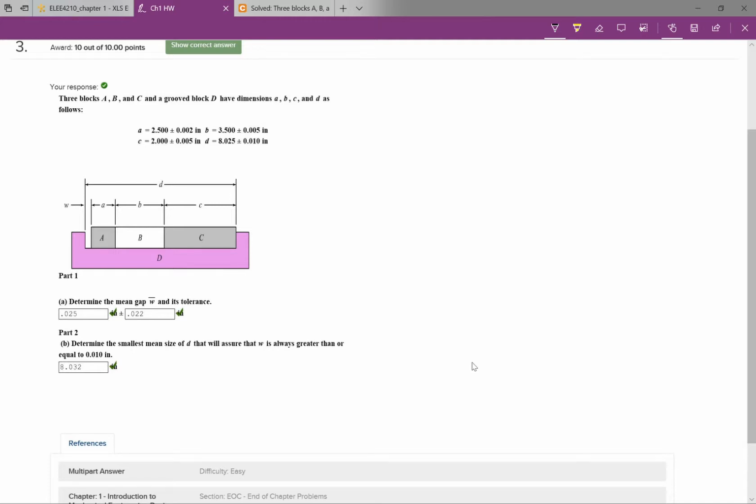Okay, so now I'm going to go through and explain this. Homework number 1, problem 3. How the problem is defined is that we have 3 blocks, A, B, and C, that are kind of fitted